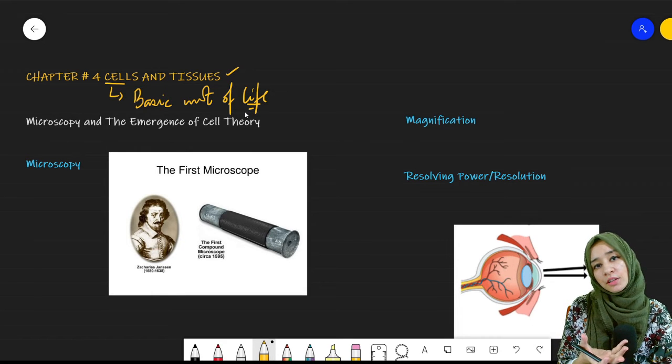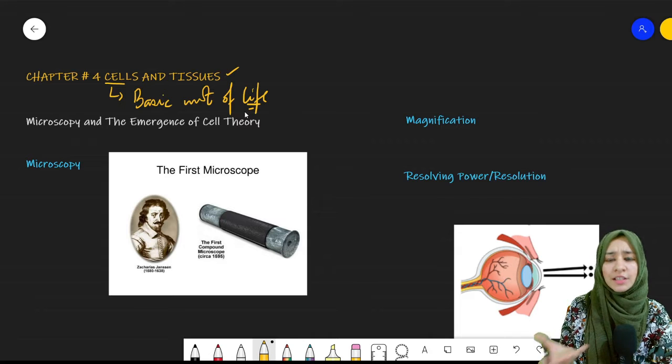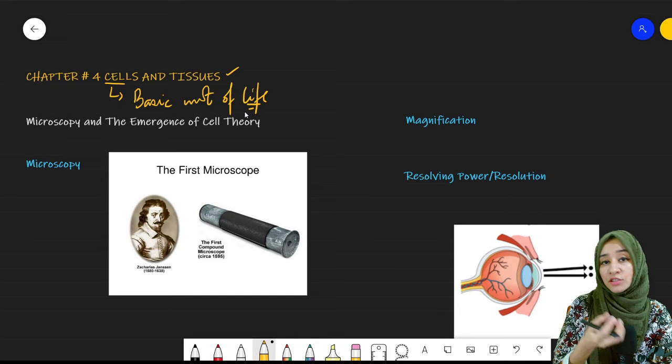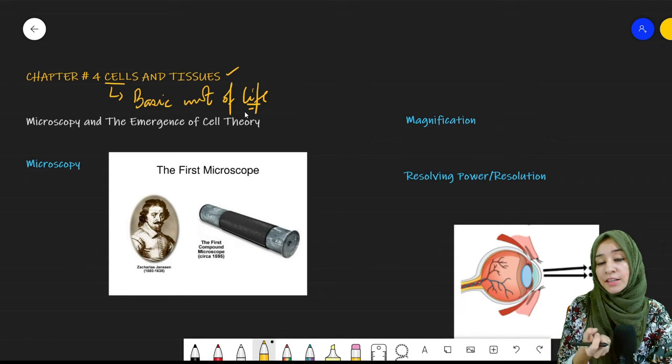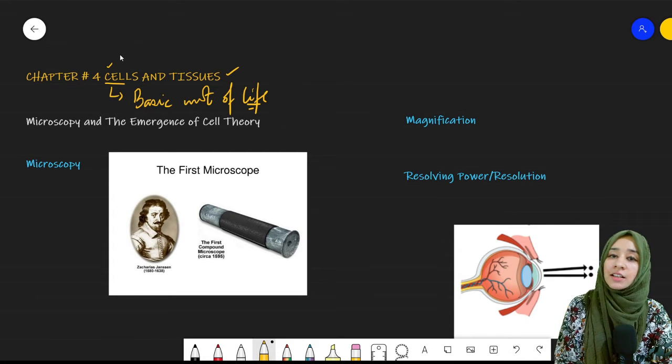It can be a unicellular consisting of only one cell. It can be a multicellular organism consisting of millions of cells, right? Even the wings of a butterfly is made up of a cell. Fingertips, eyelashes, the wood that makes up a pencil, it is made up of a cell. So every single thing is comprised of a cell.